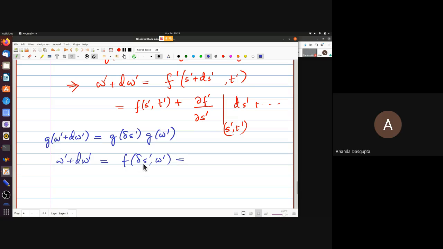Delta S prime is infinitesimally close to 0. So if you use that, the first step will be f prime, let's call it f prime as I've been calling it, f prime of 0 comma W prime, that's of course W prime, plus